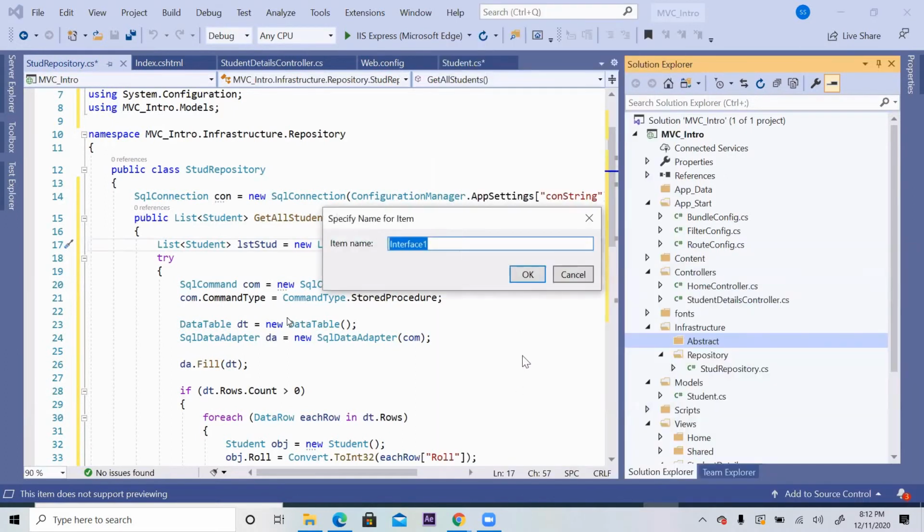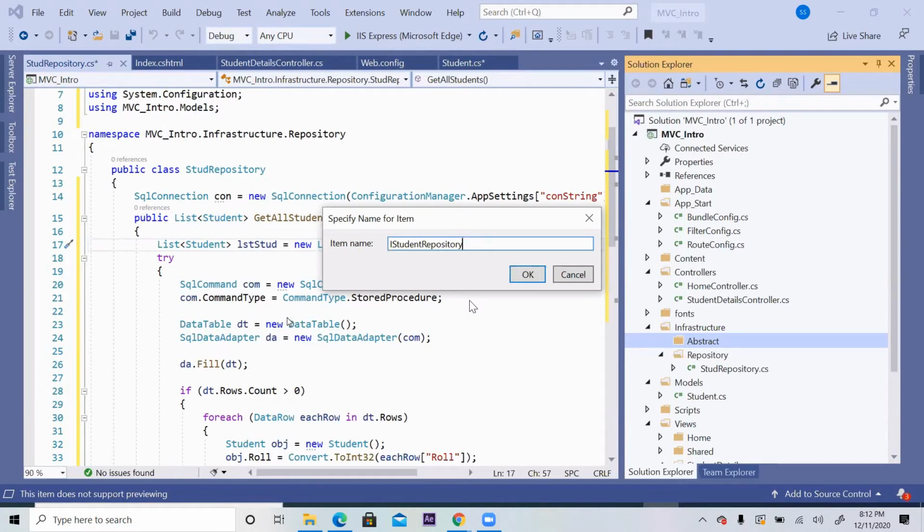Usually the naming convention of the interface is prefixed by I. So whatever your class name, I will name it as IStudentRepository. This is called minimum one interface. Suppose imagine you need two interfaces: IStudentRegistration, IStudentExamination, like that is also possible.